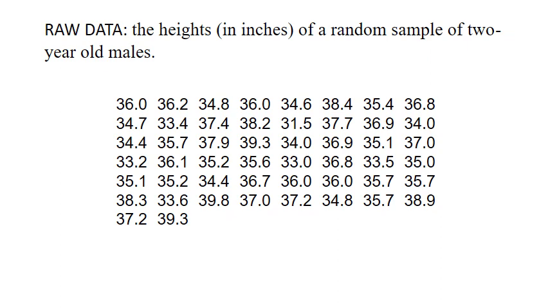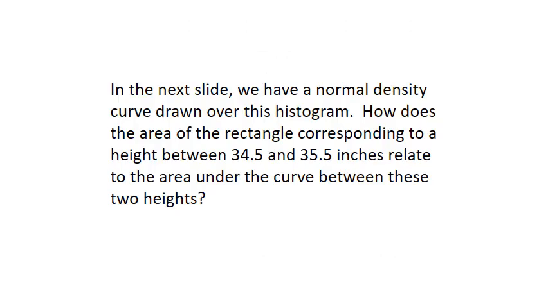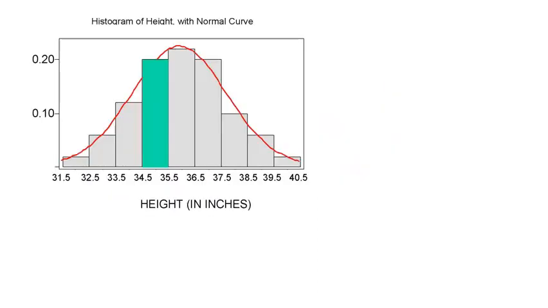So here is the raw data of the height in inches of the random sample of 2-year-old males. And this is that data translated into a relative frequency histogram. So looking at this relative frequency histogram, we would say the shape of this is roughly normal. So there's the histogram